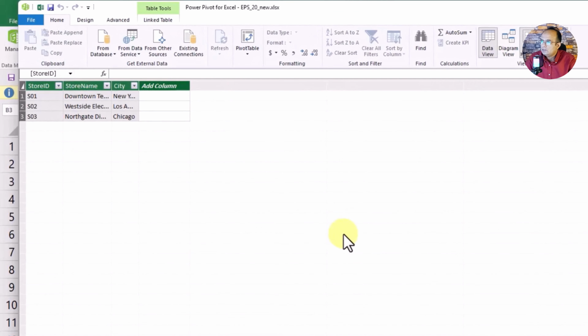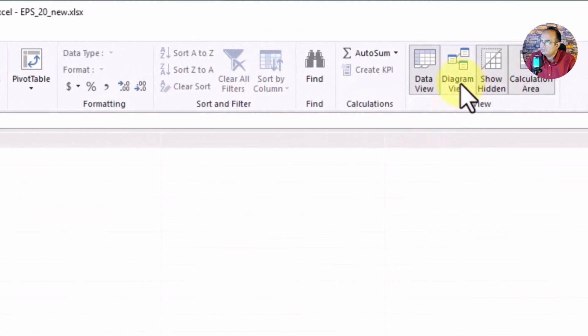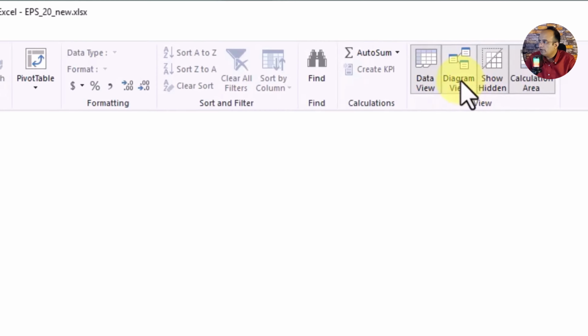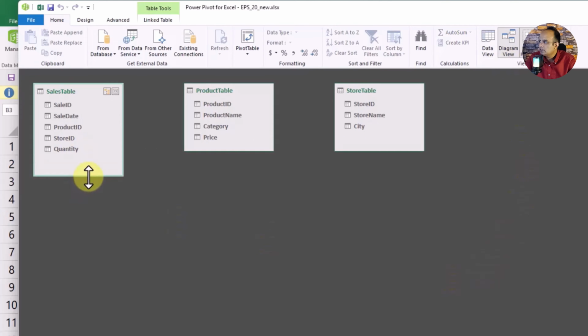Let's go to the diagram view. Click here to see the diagram view. We have got all our tables here. Now here we will establish links among them.